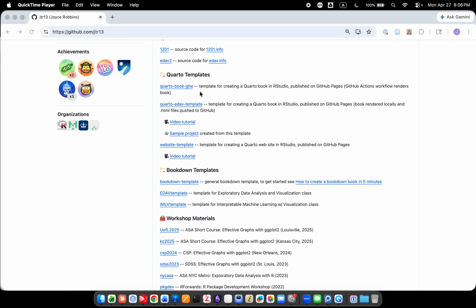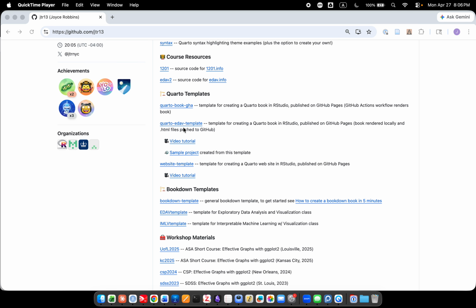I want to point out that there's another template, this Quarto eDev template, which does basically the same thing, except that instead of relying on a GitHub Actions workflow to render the book, you render the book locally and push the rendered HTML files to GitHub, which will then be deployed to GitHub Pages. If you're new to creating Quarto books and publishing them on GitHub Pages, I recommend that you try this first and then graduate to using a GitHub Actions workflow, because it's a lot of technologies combined and it may be overwhelming. So we're going to go to this template,